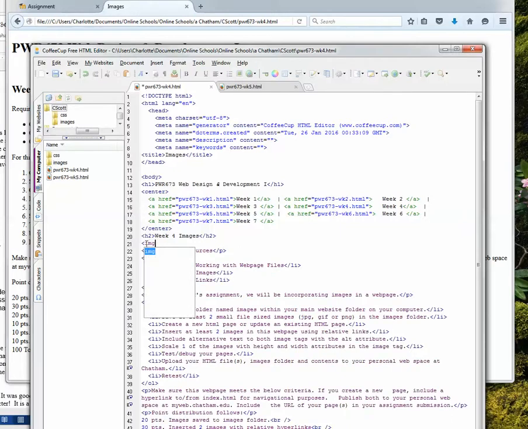So it's img, and look at this, the Coffee Cup editor prompts you for different attributes, so that's nice. Okay, so here I know that I put my image file in the folder named images,